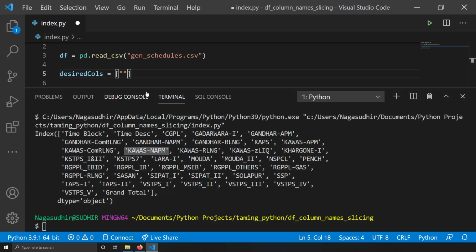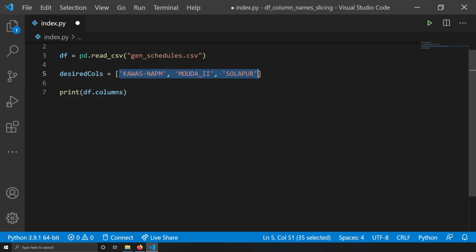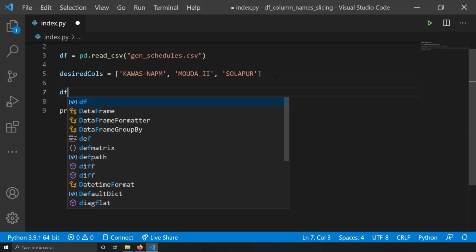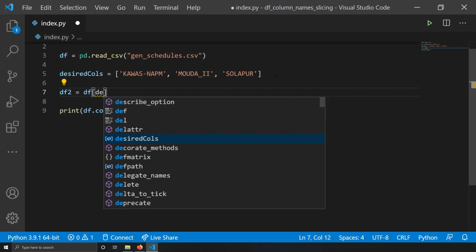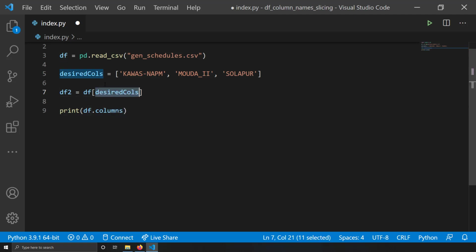I'm just randomly selecting some column names. Okay, so this is one column name, and this is one more column name, and this is one more column name. So suppose I only want a data frame which contains only three column names. How can I do that? It's pretty simple, guys. I'll create another data frame variable called df2. df2 equal to df of desired_columns. That's all. What I did was I called df of, and in that I gave an array which contains the required column names. So now this df2 will have a subset of the df, and it will have only the columns which I mentioned. Let me print out df2 and show you what it looks like.